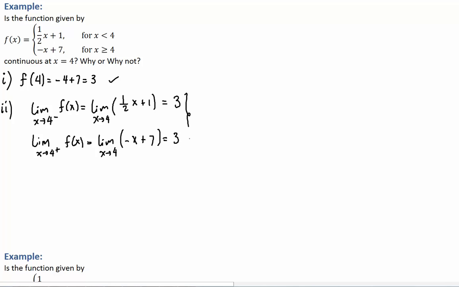So from this, I can conclude, since the two one-sided limits match, that the limit itself, as x goes to 4, is equal to 3, which at the same time also gives me condition 3, that the function at 4 is equal to the limit as x goes to 4 of f of x. So therefore, the answer is yes, the function is continuous